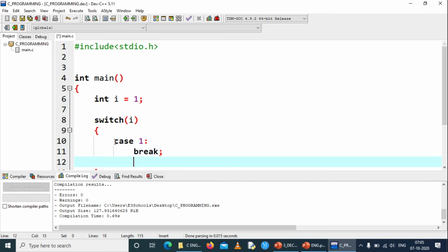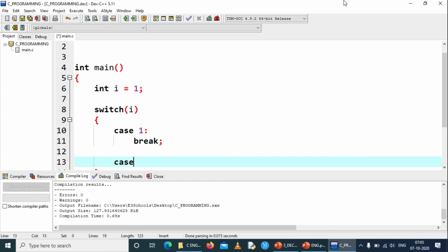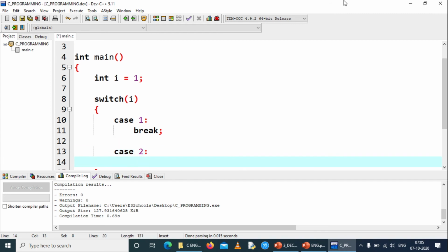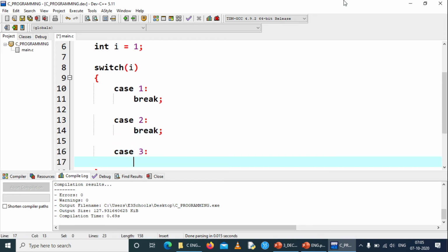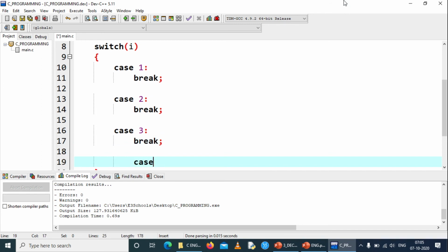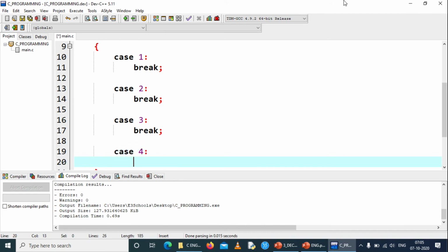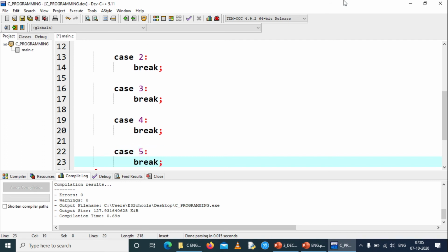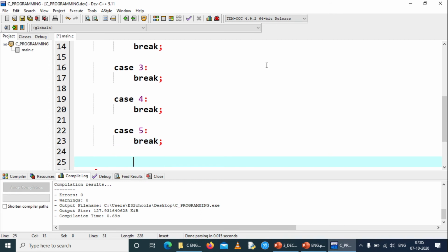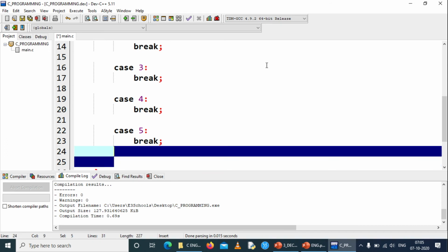Break. Case 2: if the I value is 2, this case will be executed. Case 3. Case 4. And there is another case called default, which we don't discuss as of now.